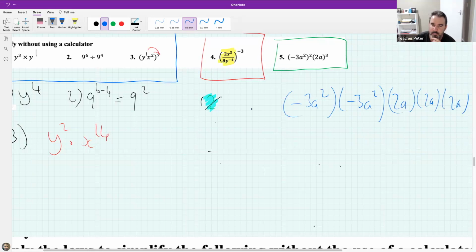If you want to go the long way, or the short way would be to say, look, you have both of these, and the 2 needs to be applied to both of them. So you get